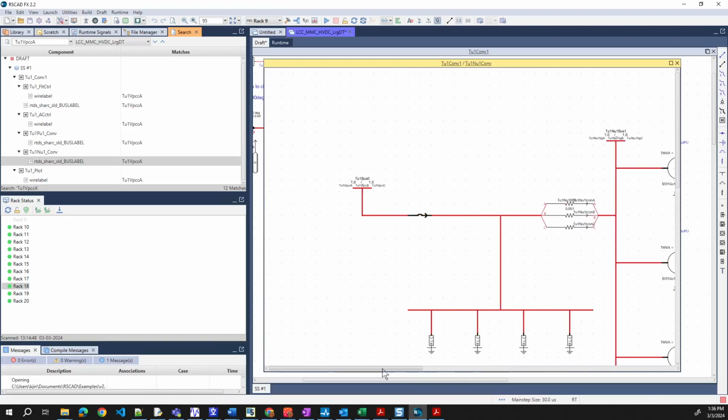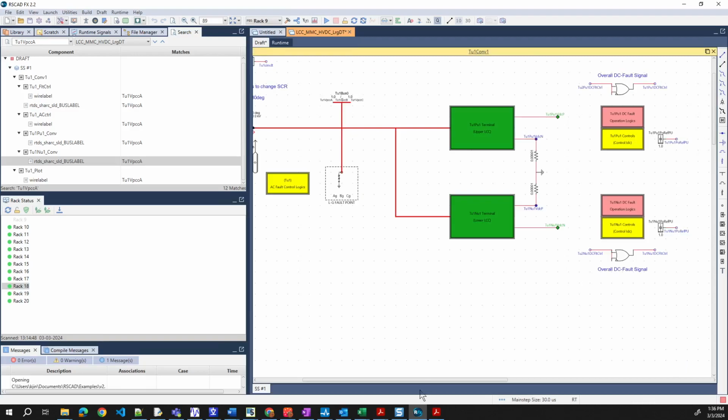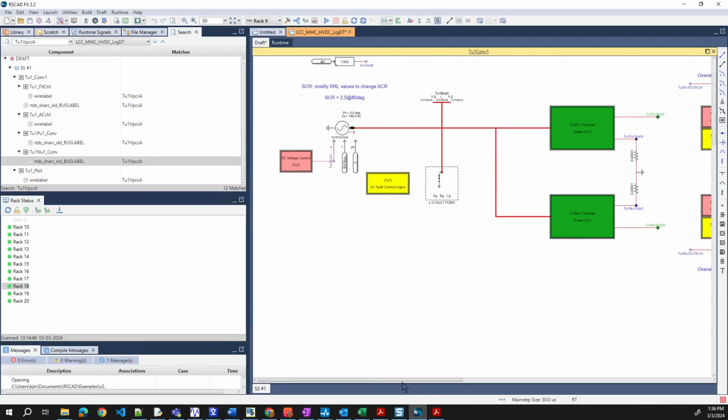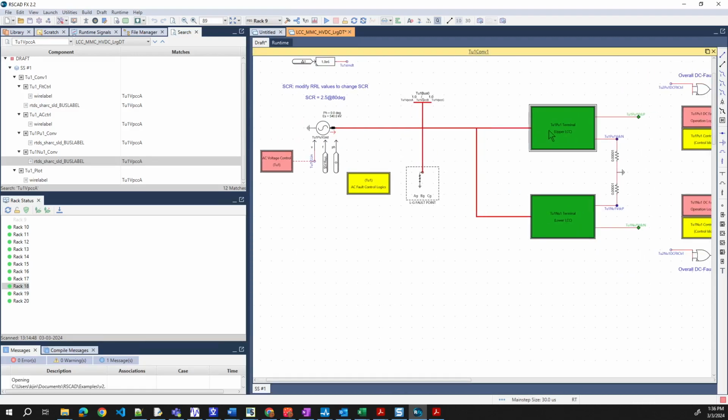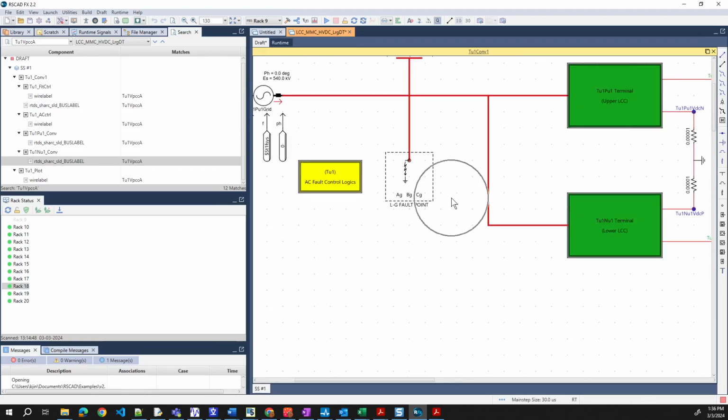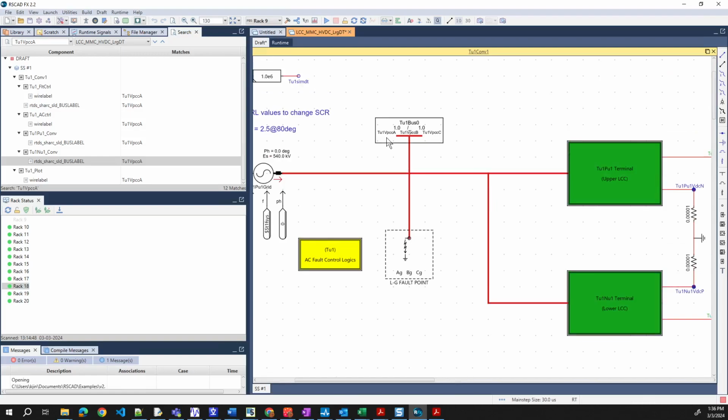This is LCC. So that's measured. Okay. So one is upper, one is lower. I'm assuming, yeah. So that's the terminal, the point of delivery, POD point. I do see that. What's this label?